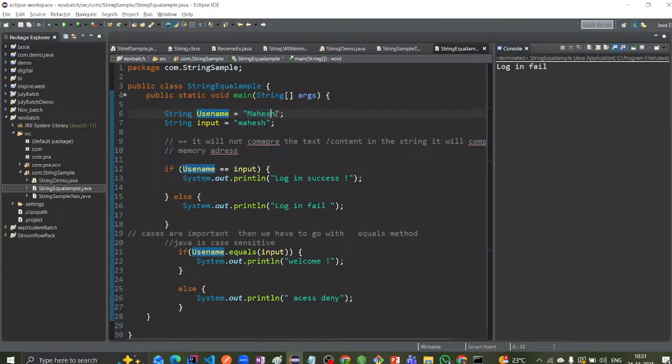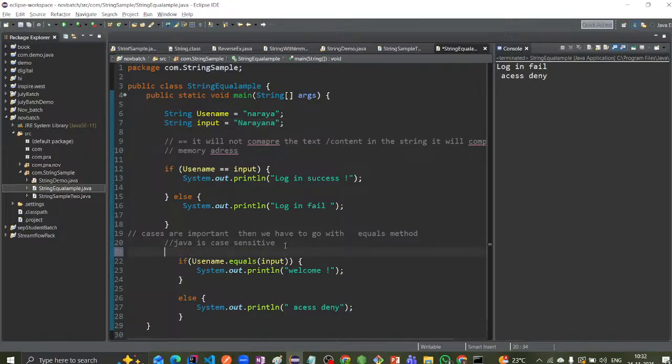Okay, let me write always, why my name something Narayana. This is also Narayana. Okay, now let me write this one, access deny. Okay, let me write some segregation line here